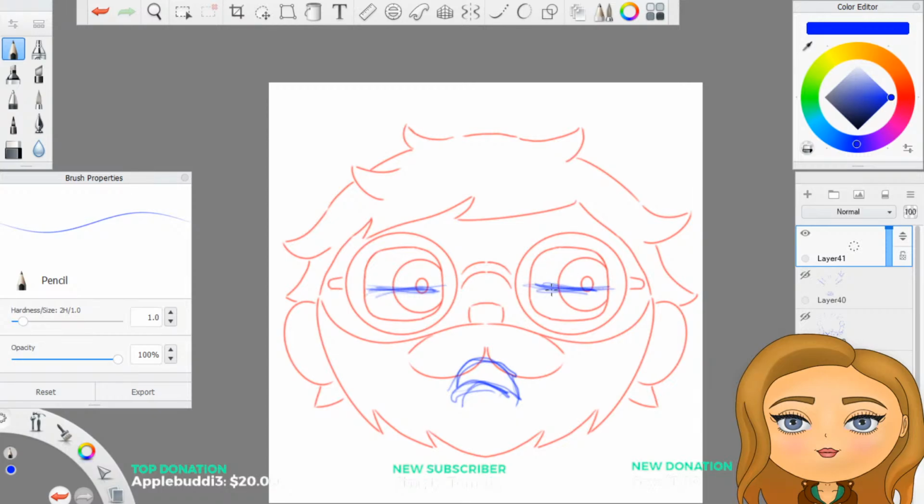So maybe do some eyelids. And then do some teardrops flying out of here. This teardrop went very wrong, but that's okay. Doesn't gotta be perfect.